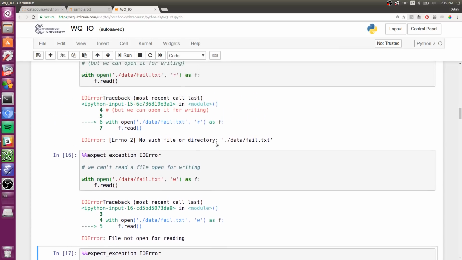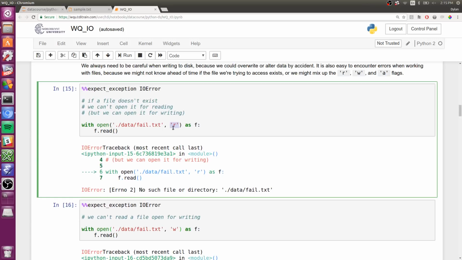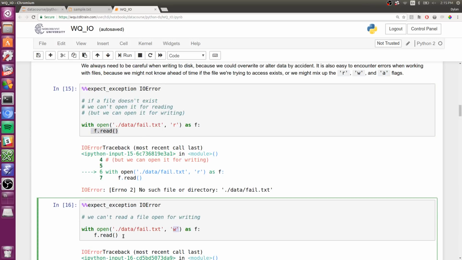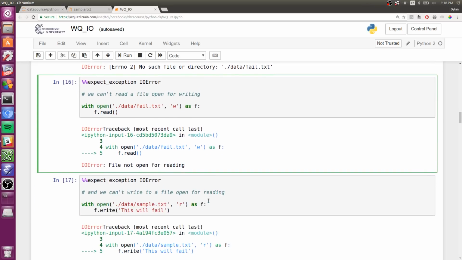You might be frustrated by the fact that if I open a file for reading, all I can do is read. If I open for writing, all I can do is write. Why can't I do both? First of all, it is possible to do both. If I, for instance, open this in the W plus mode,